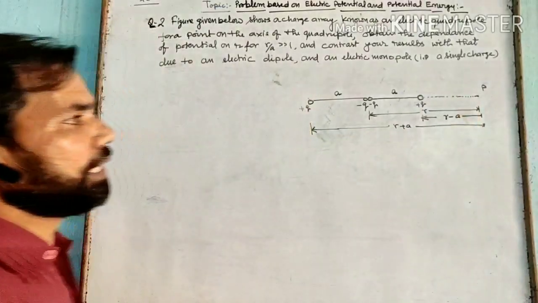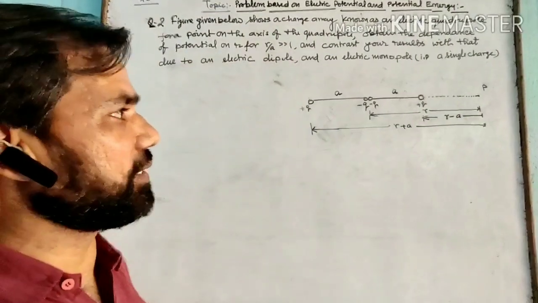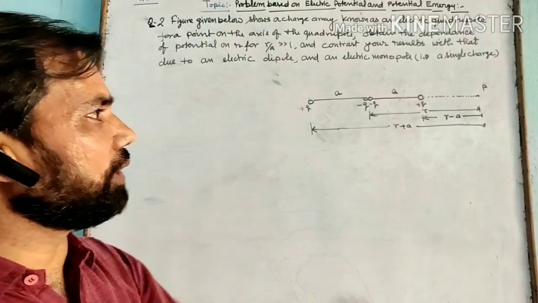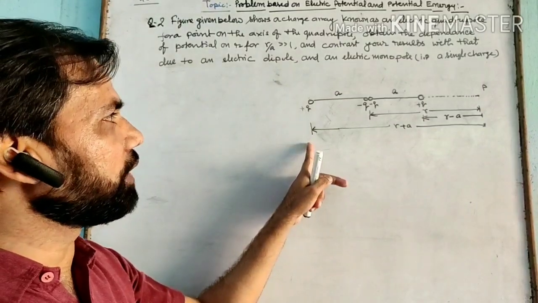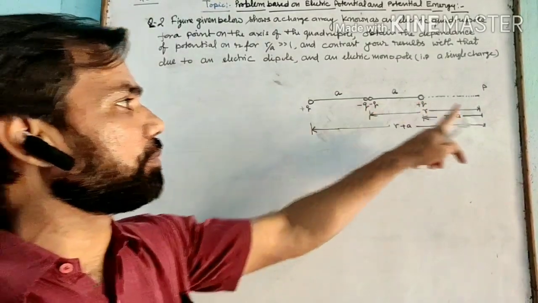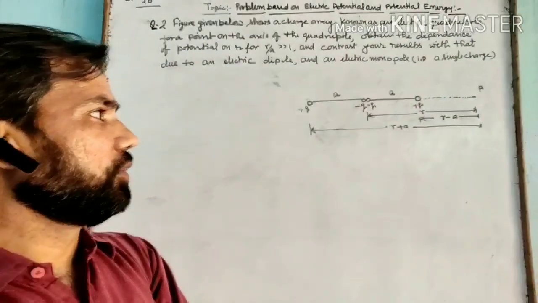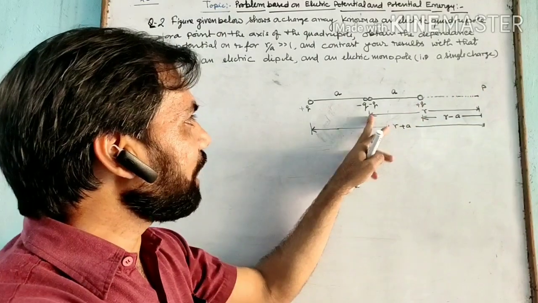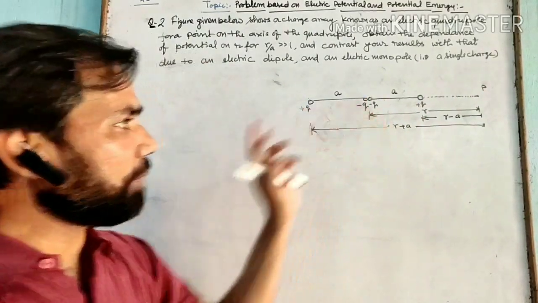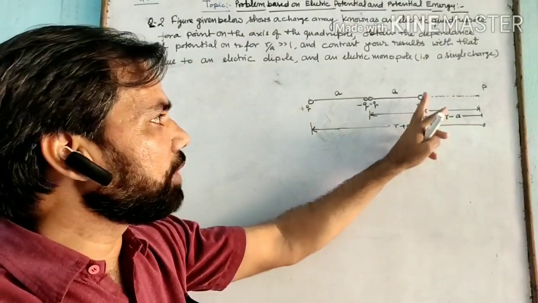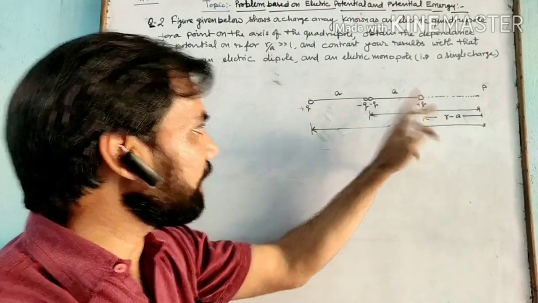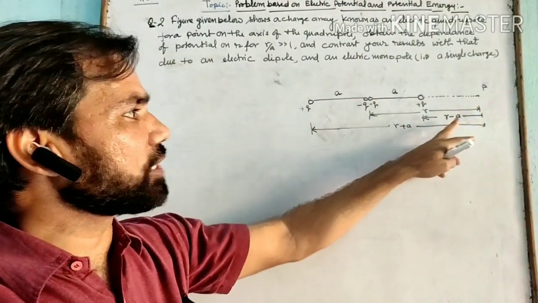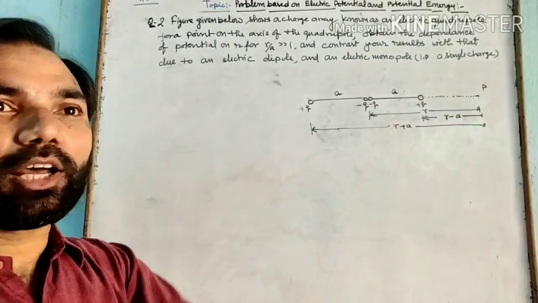As you know, the electric potential due to a single point charge will depend upon the charge because of which we want to calculate the potential, and also it will depend upon the distance of that point charge from the point where we are interested. So here, given that the distance of point of observation P is r from the center of the quadrupole, we must calculate the distance of the charge plus q which is placed here and plus q which is placed here from point P, and these are respectively r minus a and r plus a.